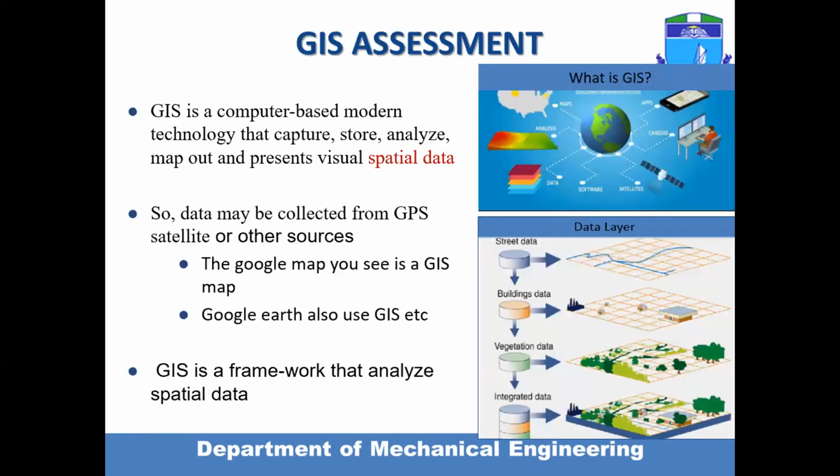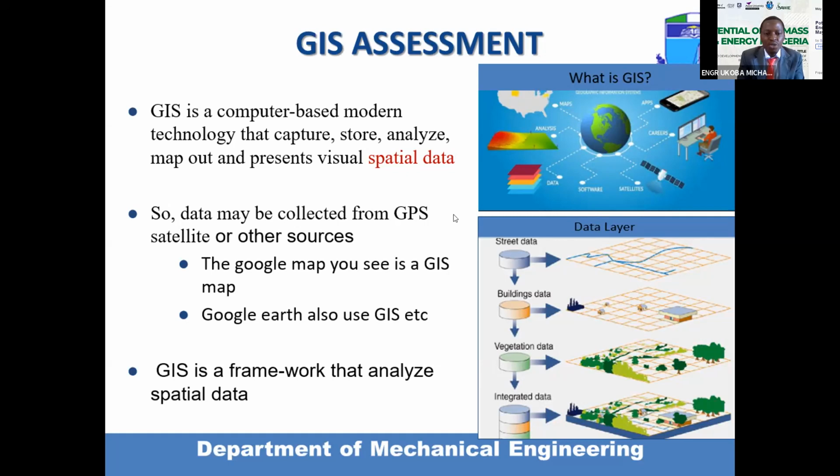Now let's come to the tool that one can use for the analysis of biomass production, GIS assessments. The first question is, what is GIS? GIS is a computer-based, modern, and still advancing technology that captures data, stores data, analyzes data, and brings out the results in form of charts, in form of map, graph, and in several ways, pictures. So data may be collected